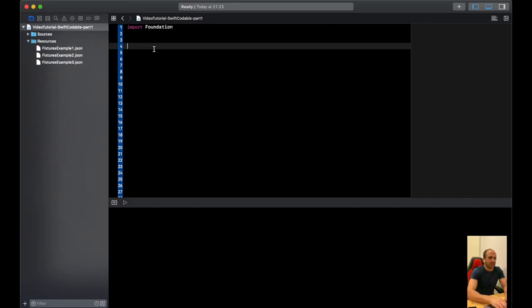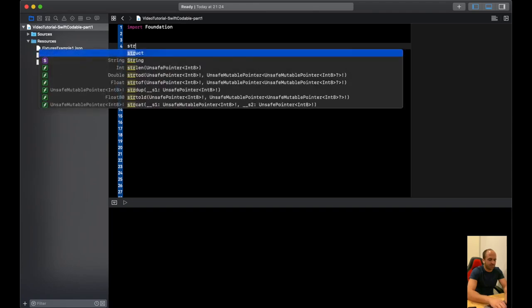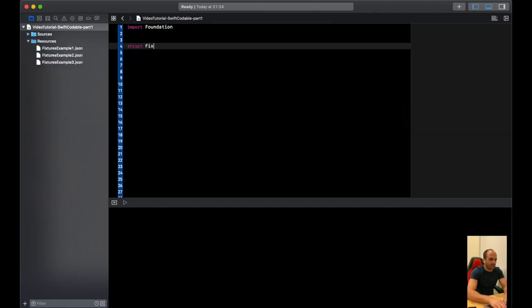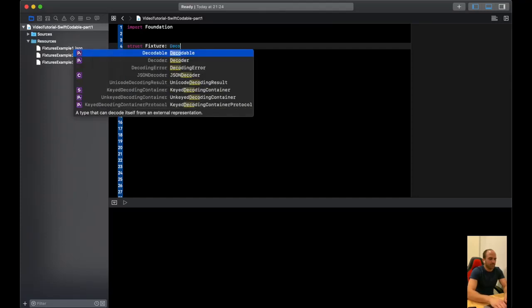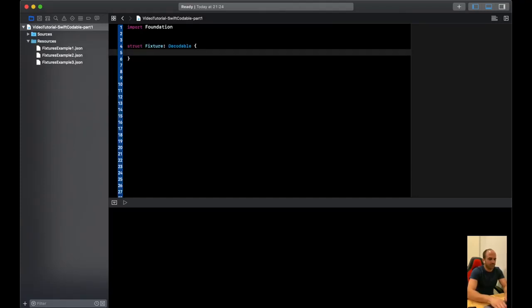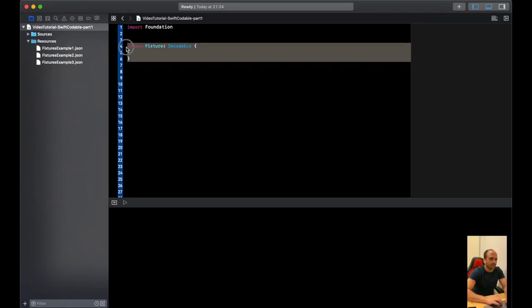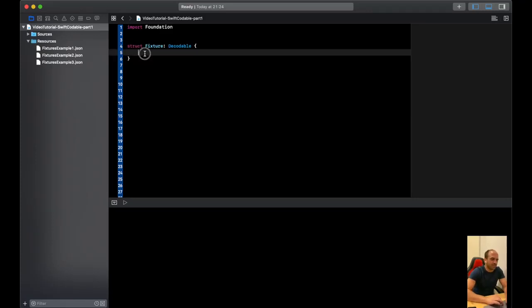first we need to declare a struct which conforms to the Decodable protocol. So there are a few steps. The first step is to declare a model object, which could be a struct or a class. I'm going to declare a struct, and it should implement the Decodable protocol. Once you conform to the Decodable protocol, that means Swift is now able to decode it, as long as all the properties of this